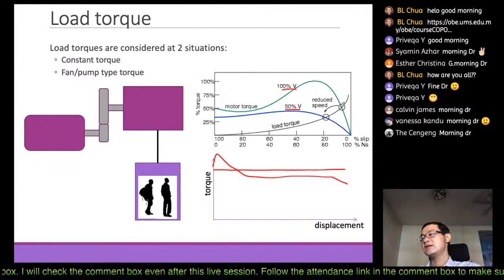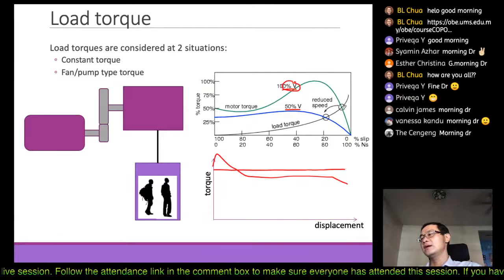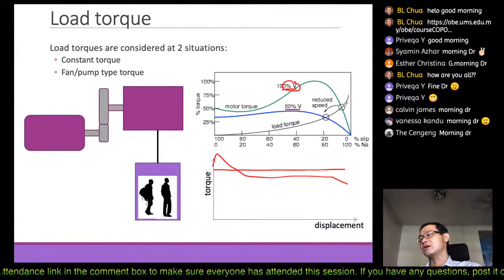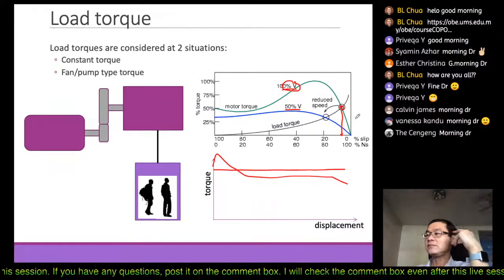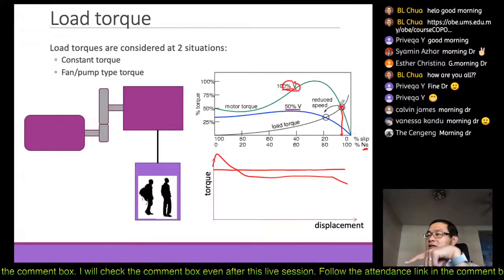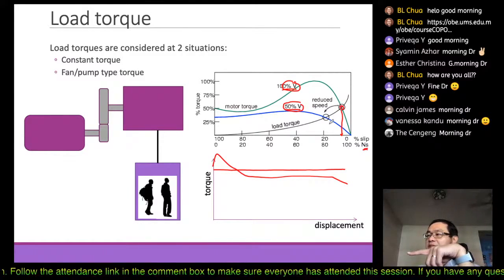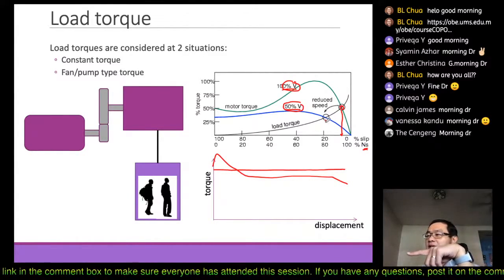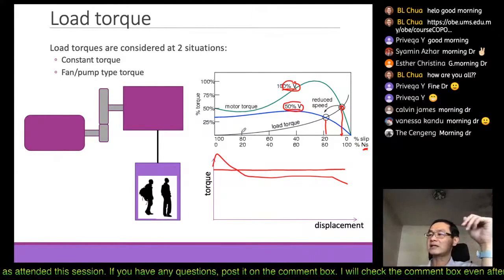So you can see that if you are using 100% watt to meet this load torque, this is the point where it matches. But then if we want to reduce the speed, this ns is the speed, so we can lower down the wattage, then the speed will reduce and it now matches the load over here, right? So this is the characteristic, let's say